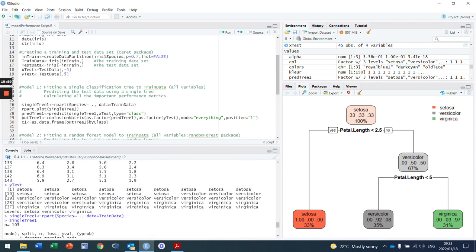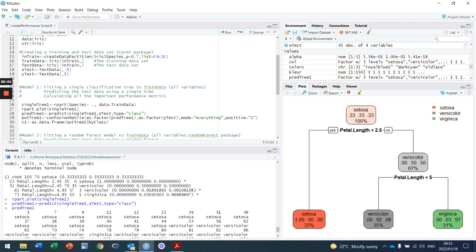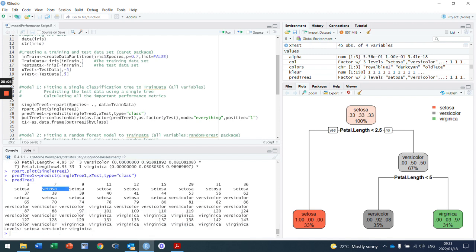Okay, there was setosa, the model predicted it as setosa. Okay, but we want to do that using some metric. Okay, and the way to do that is to first calculate the confusion matrix. And notice over here the confusion matrix compares the predicted values, which we need to make a factor, and it compares it to the actual values. So predicted values and the actual values, and then this part over here, everything gives me a list of metrics that we're going to